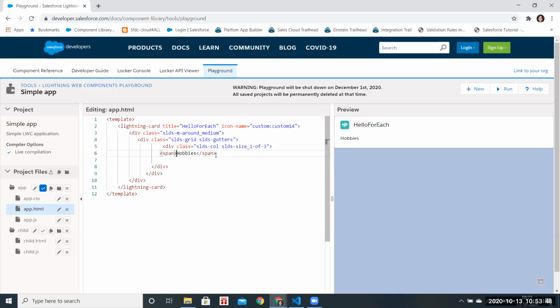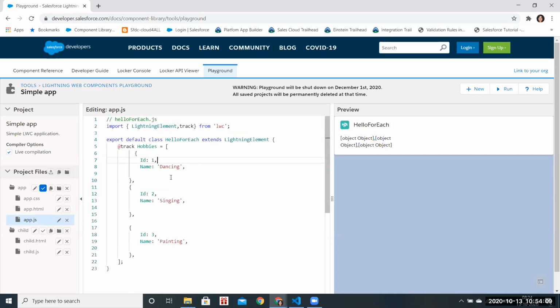Guys, exactly what are you trying to do? We have to move to the next topics. I was just trying to see if we can print the object directly. In the JS we have an object, hobbies, and we need track for that. I'll show you in future sessions. It's not a part of this topic. So moving on.